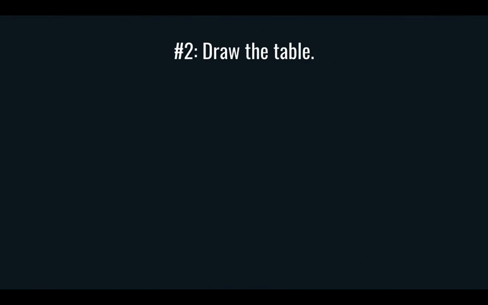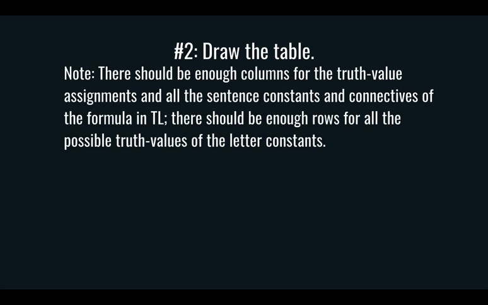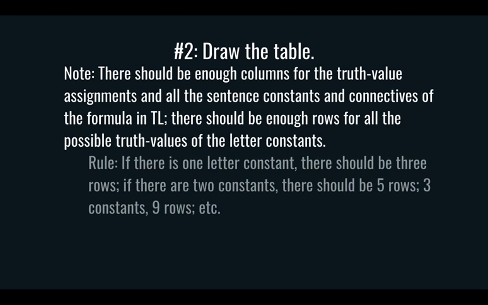Number 2, draw the table. Note, there should be enough columns for the truth value assignments and all the sentence constants and connectives of the formula in TL. There should be enough rows for all the possible truth values of the letter constants. What does that mean? Well, you're going to see in the next slide, but what you need to focus on right now is the amount of rows. There's actually a way to do this, and I'll try to make it as simple as possible. Rule: